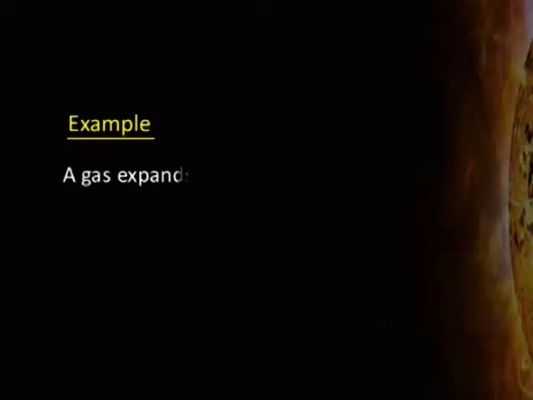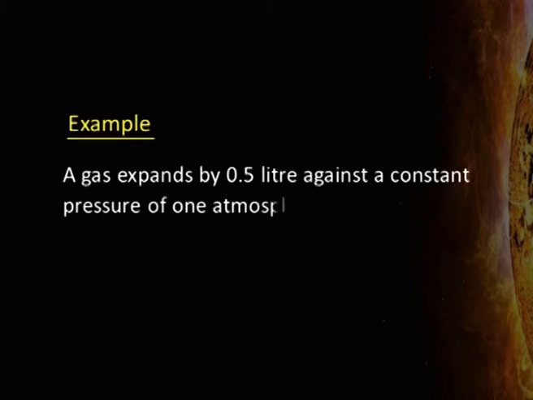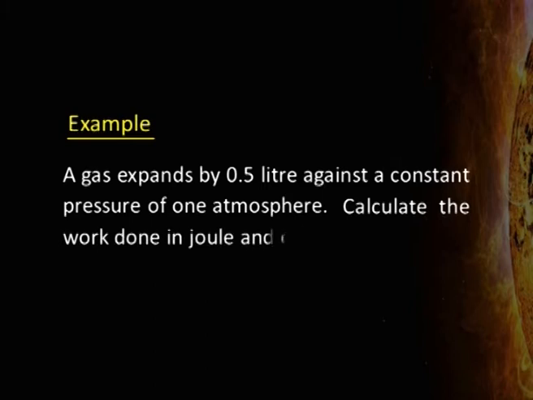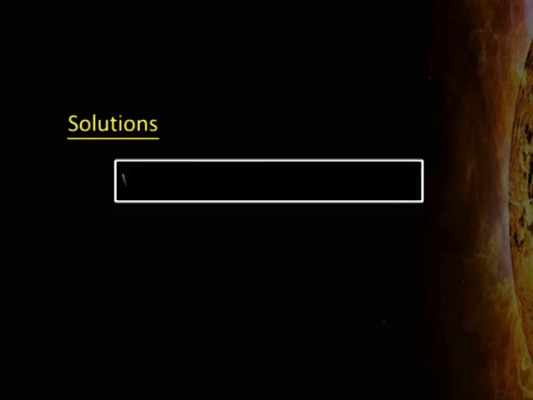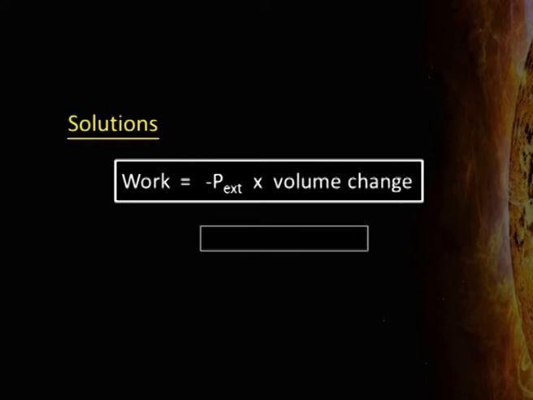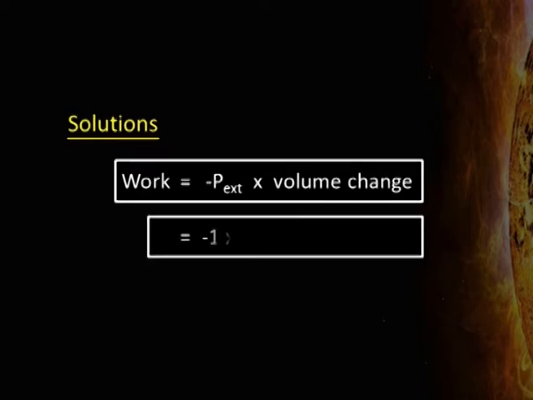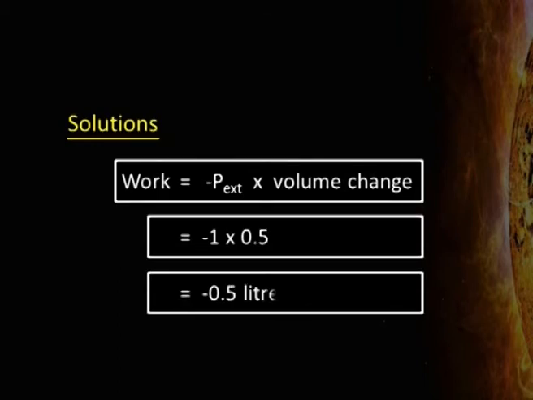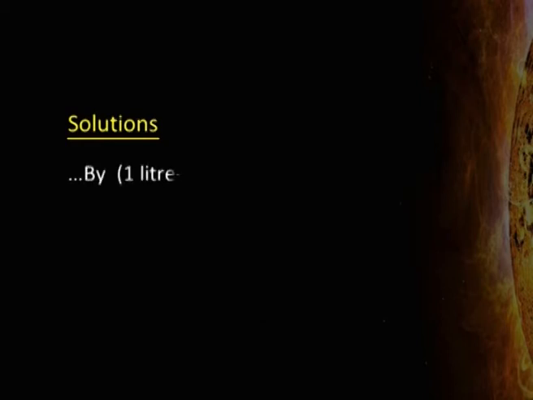A gas expands by 0.5 liters against a constant pressure of 1 atmosphere. Calculate the work done in joules and in calories both. As you know, work is equal to minus external pressure multiplied by delta V, that is volume change. Hence, work will be equal to minus 1 into 0.5, which is equal to minus 0.5 liter atmosphere. Now, 1 liter atmosphere is equal to